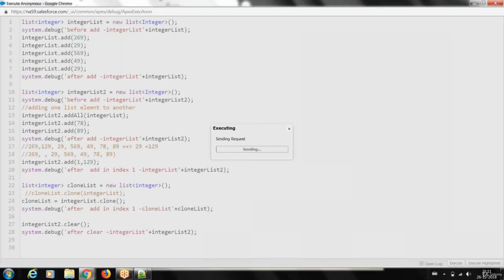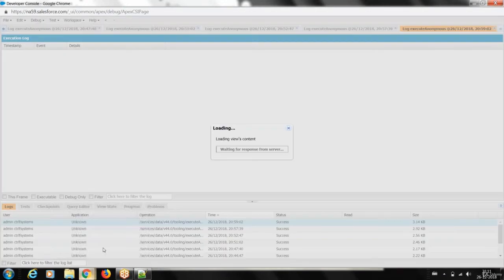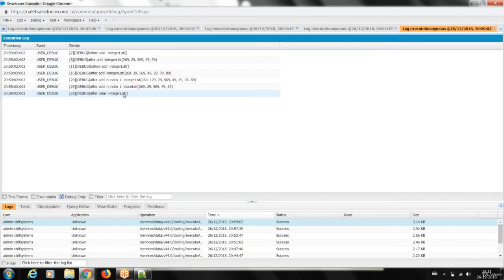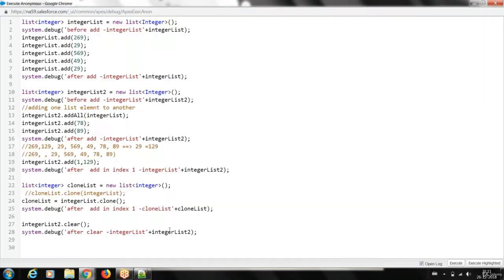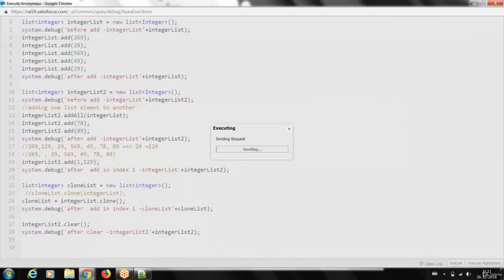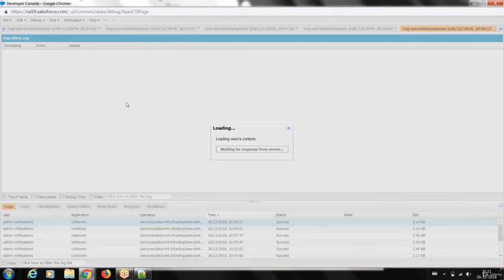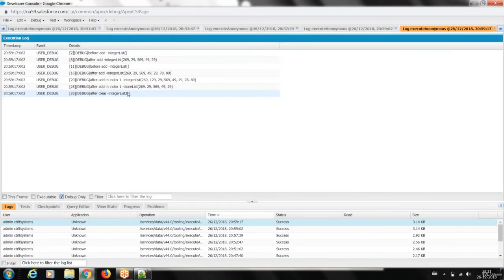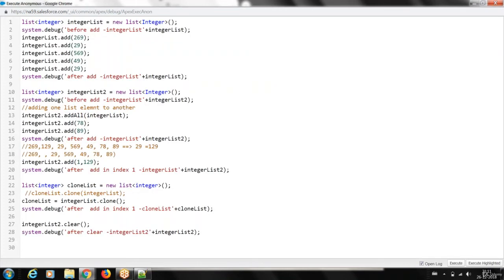Now all elements are gone. Integer list 2 had some values before, and now it is completely empty. So if you want to clear all the elements from the collection, we can simply use the clear function.